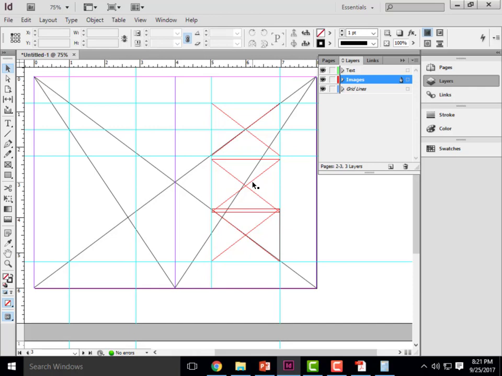Control C, Control V. Fairly typical command. It's used for a lot of software. Okay, so Control C, Control V, that's copy and paste. So you can see here that I now have 3 of the exact same size images placed on top